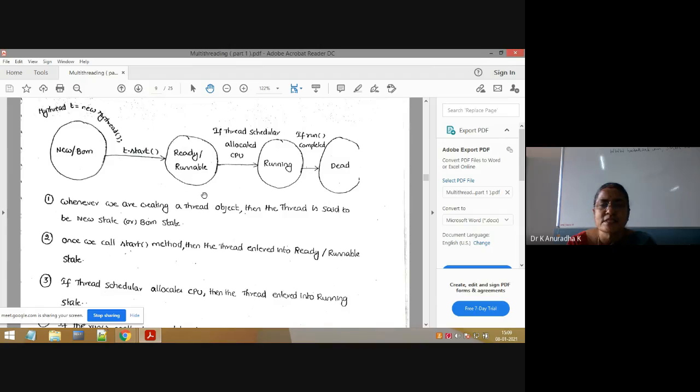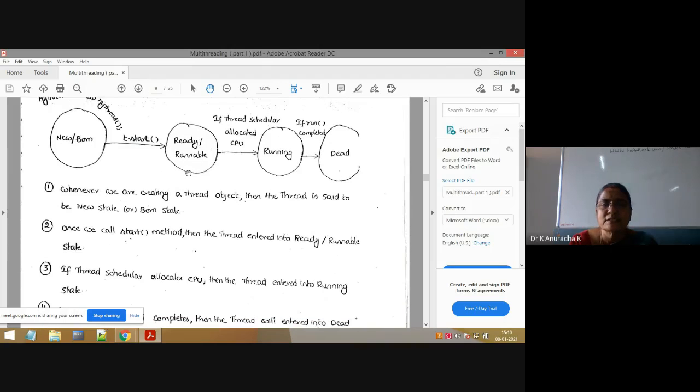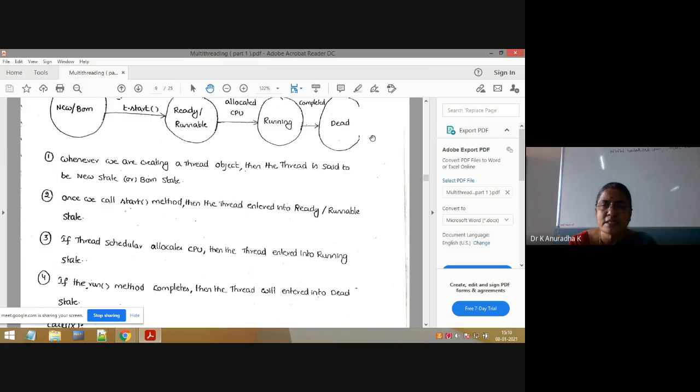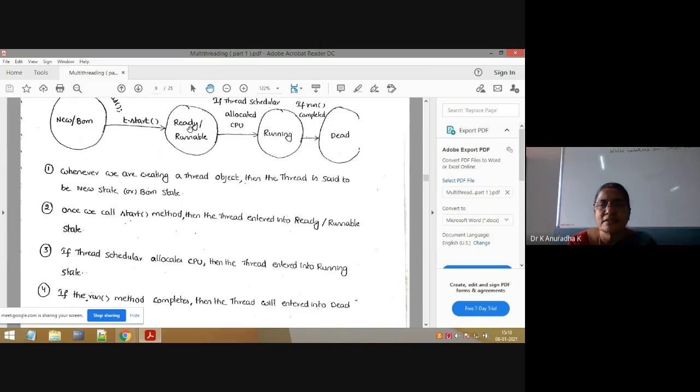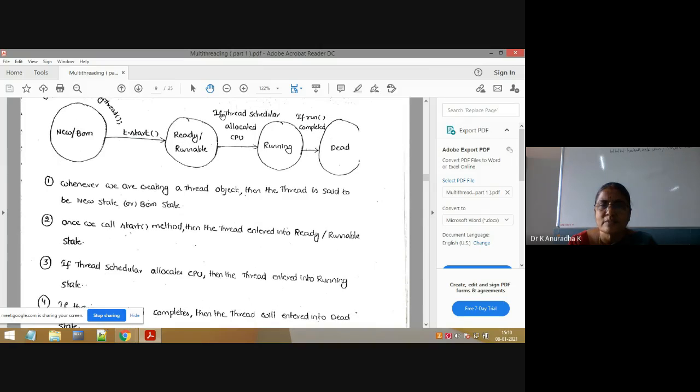So the waiting queue is nothing but the ready or runnable state, meaning the threads are ready. Ready means they are waiting for the CPU. All the threads in the waiting queue are in the ready or runnable state. Next, from the ready or runnable state, the thread will go to the running state. So when will it go to the running state from the ready state? That is if the